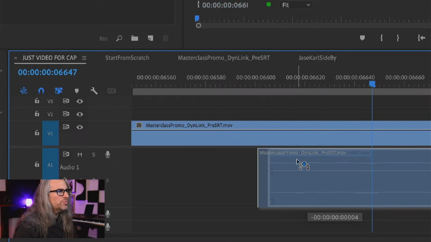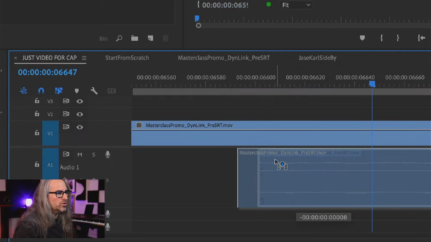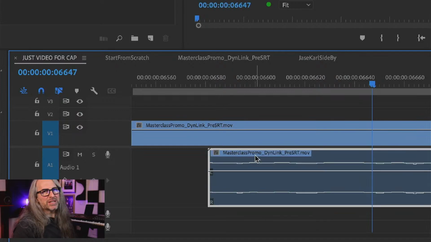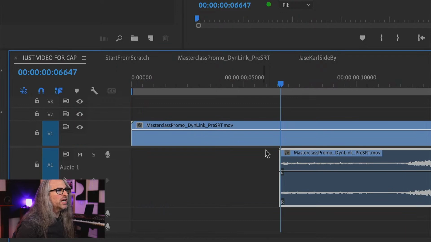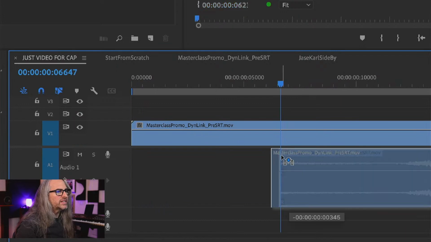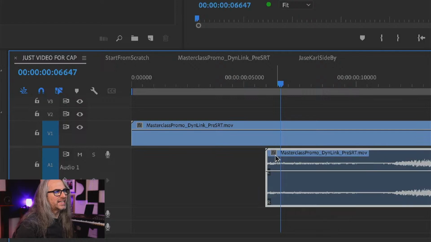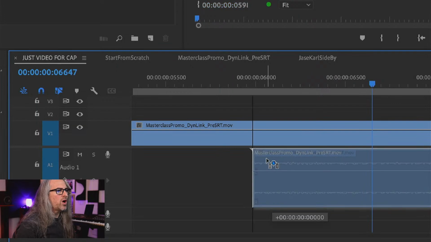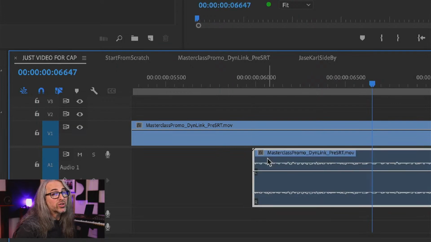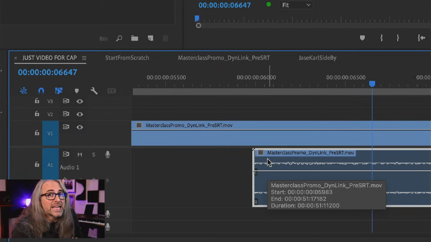You have to be zoomed in fairly far, because you can see now it is actually moving at the sub-sample level really accurately, but you've got to be zoomed in a bit. If you're fully zoomed out, you're not going to see anything, and if you're zoomed in a little, the increments are too large. Can you see I'm moving in like 50, 60 sample increments? So you want to get down to a fairly small zoom level. Again, it depends how much you're trying to move. Remember, 48,000 samples per second.